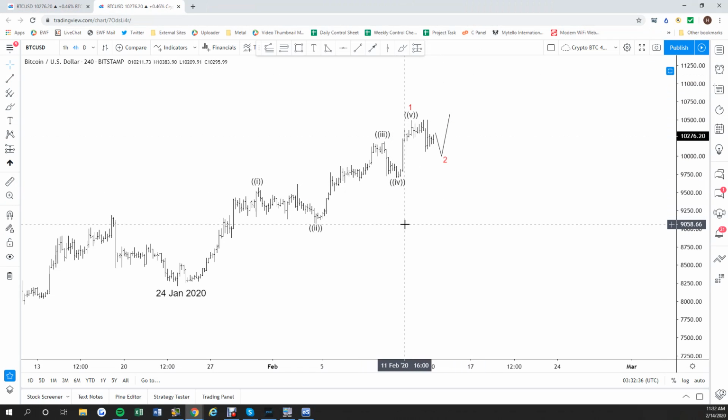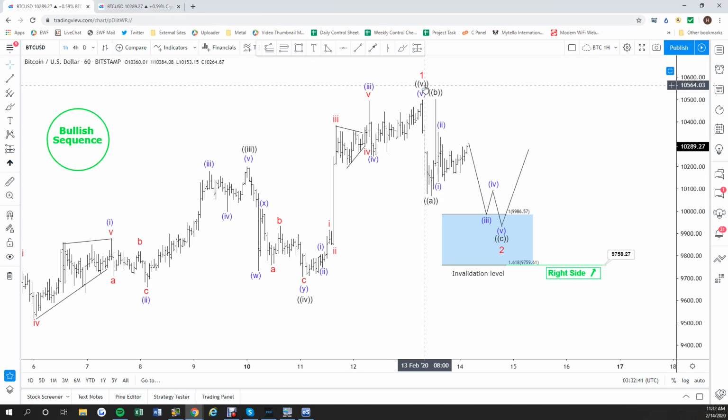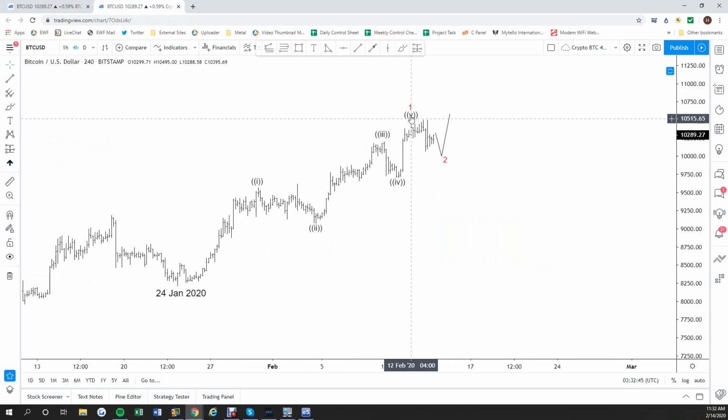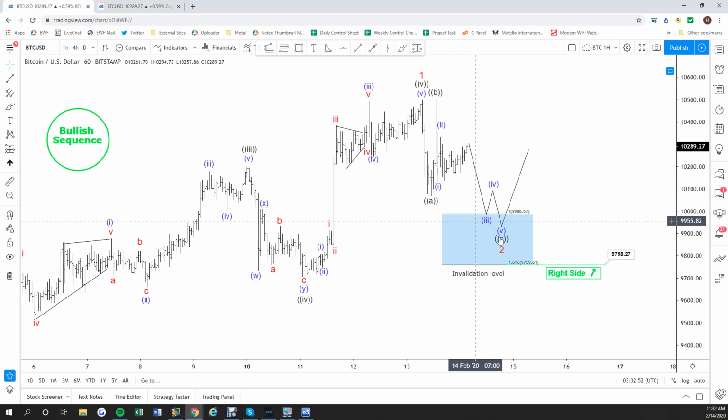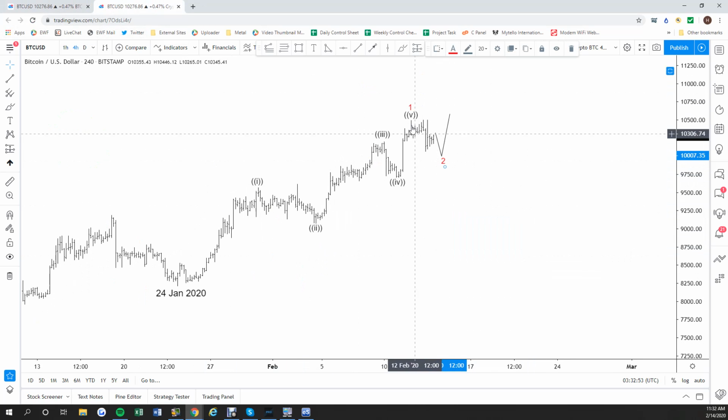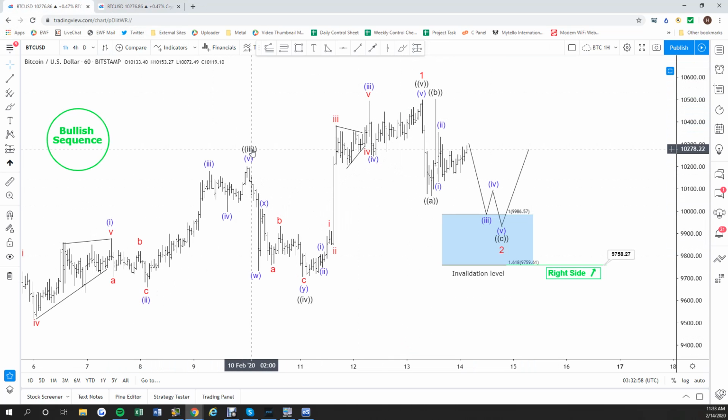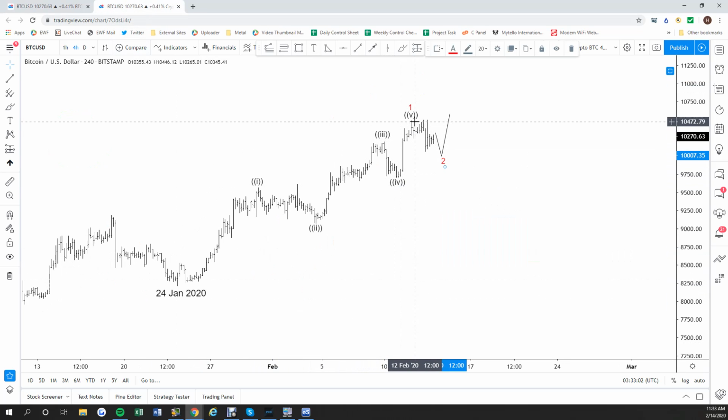So here's the 4-hour chart, a partial label. I'm putting in here the 5 in black, 1 in red, and 2 in red right here, so we can see where we are now. This is 5, 1, and then now we're looking for this wave 2 here. Okay, wave 2 pullback. Now as we can see here, this is your 5 and this is your 3 and 4, which is the same 3 and 4 we can see earlier in the 1 hour chart. So if this is 3, 4, 5, and then this is your 1 and 2,